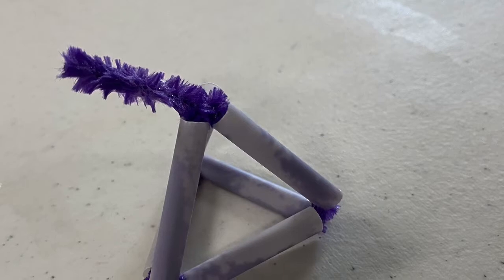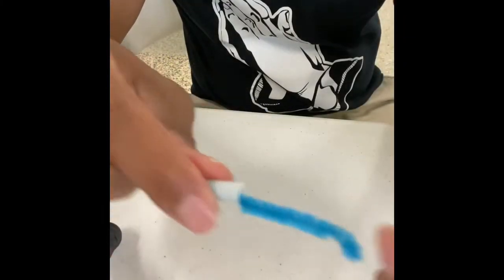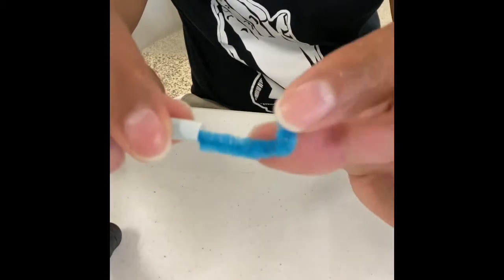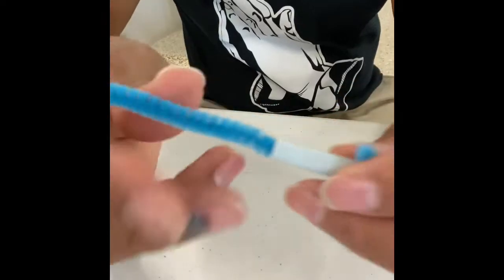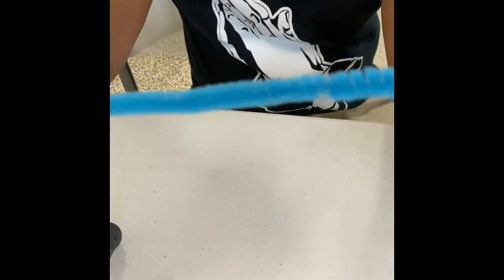If you're one of the older campers, you're going to want to try this type of wand. It's a triangular pyramid, and bear with me as I try to explain it. The first thing I'm going to want to do is create an end on the pipe cleaner by folding it over and add one of our straw pieces, then another piece,